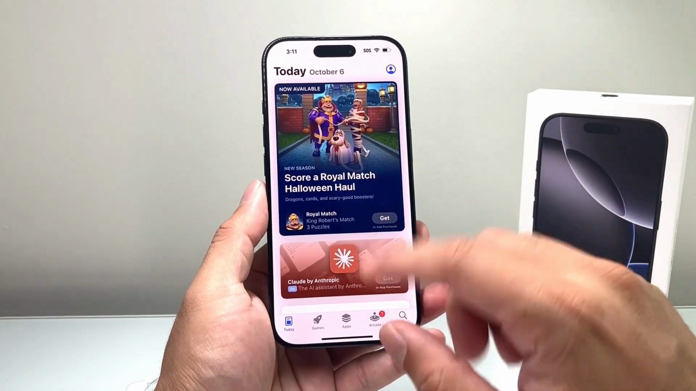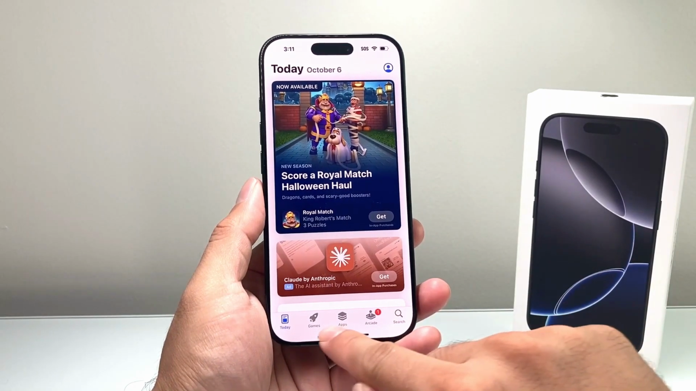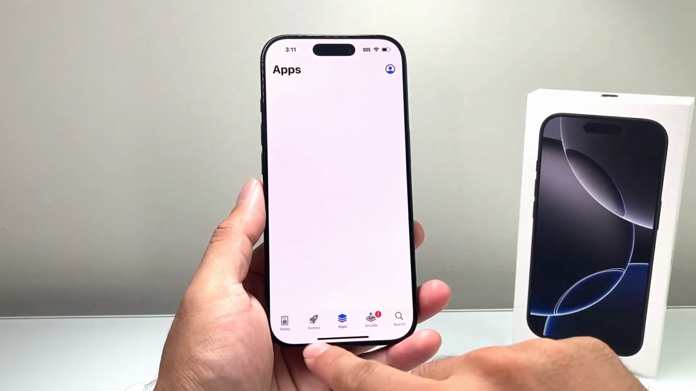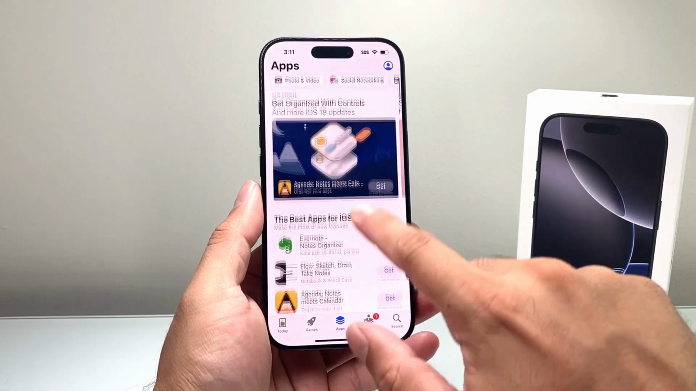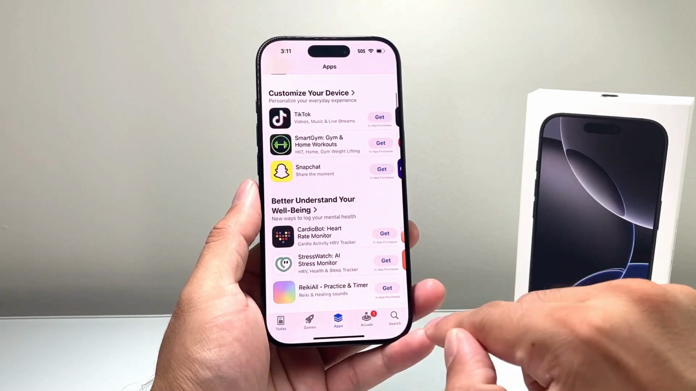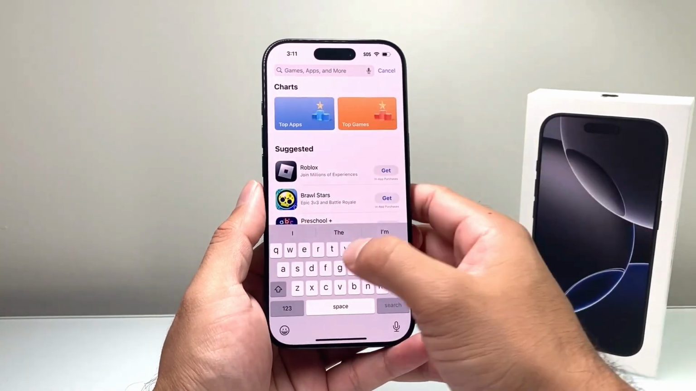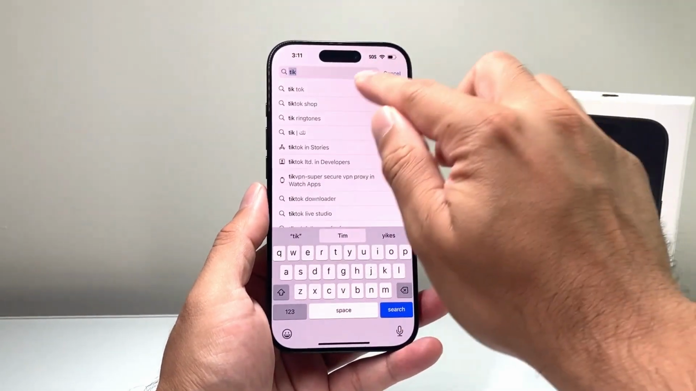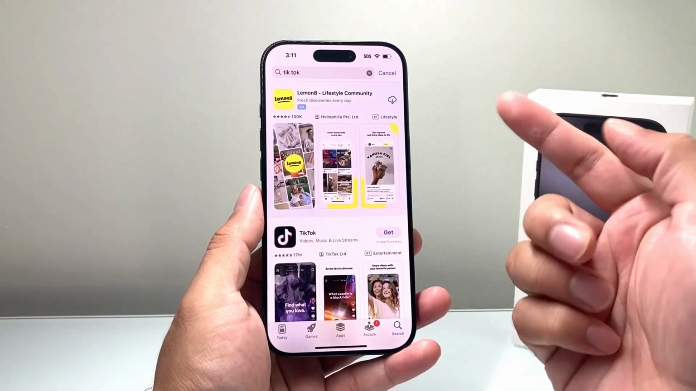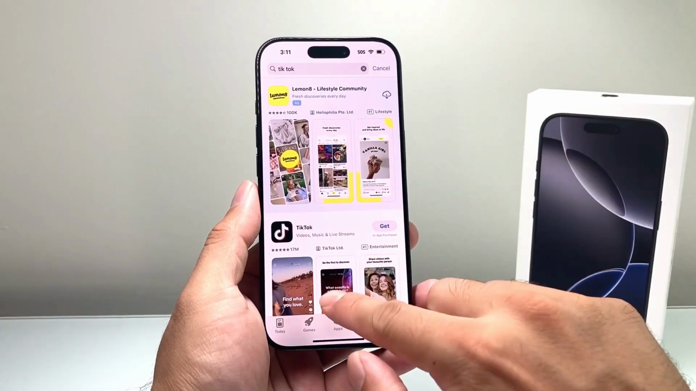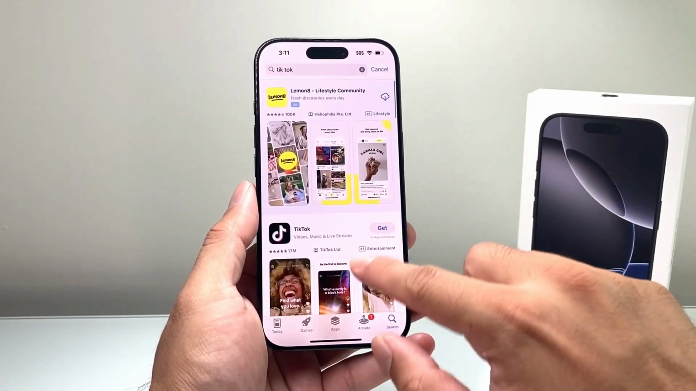Now there's a couple of different ways to find the app. You can go ahead and browse each of these categories of apps that are available for you to download, or you can click on the search option if you want to search an app. Let's say I want to search for maybe TikTok as an example. I go ahead and search it in the search bar, and it'll give you the options here of all the